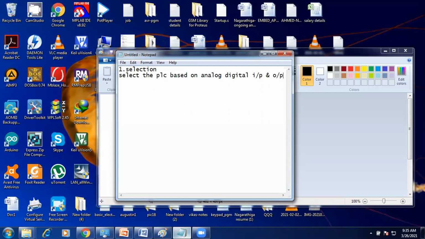Next one is select the PLC based on power supplies, communication ports, protocols, scanning time of the PLC, cost, and software availability of the program. Here I mentioned scanning time, that is response time. So response time, otherwise scanning time, in the sense,